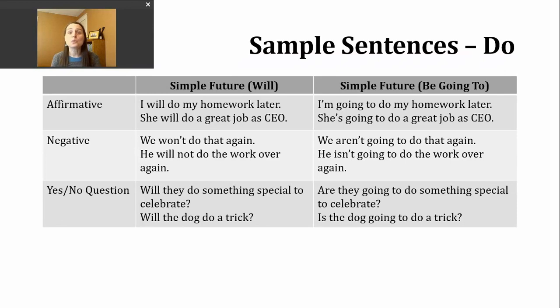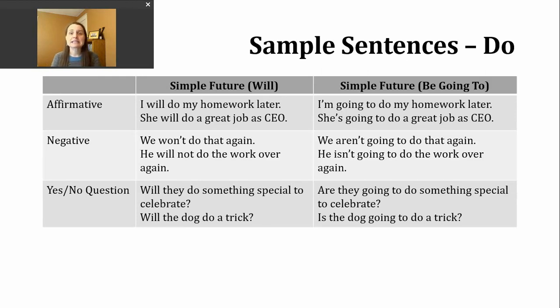Okay? We won't do that again. We don't know what that is, but maybe there was some action that was unpleasant, and someone just doesn't want to have that experience again in the future, right? So this could be an example of a fact, right? I am making a commitment. I will not repeat this action in the future, right? It would have the same meaning if we said we aren't going to do that again. Again, that could be many different things, okay?